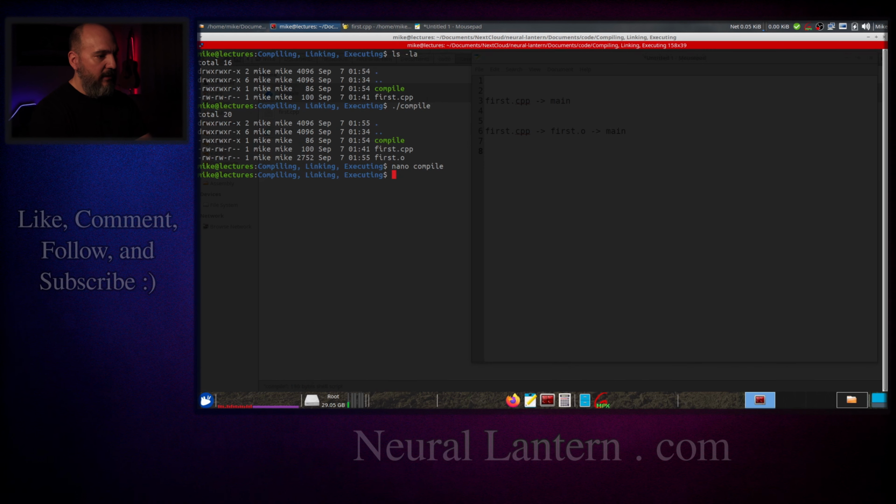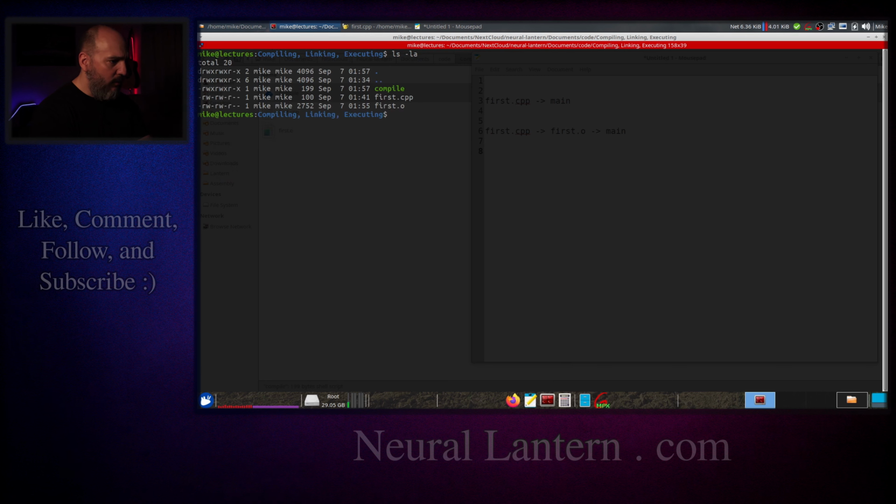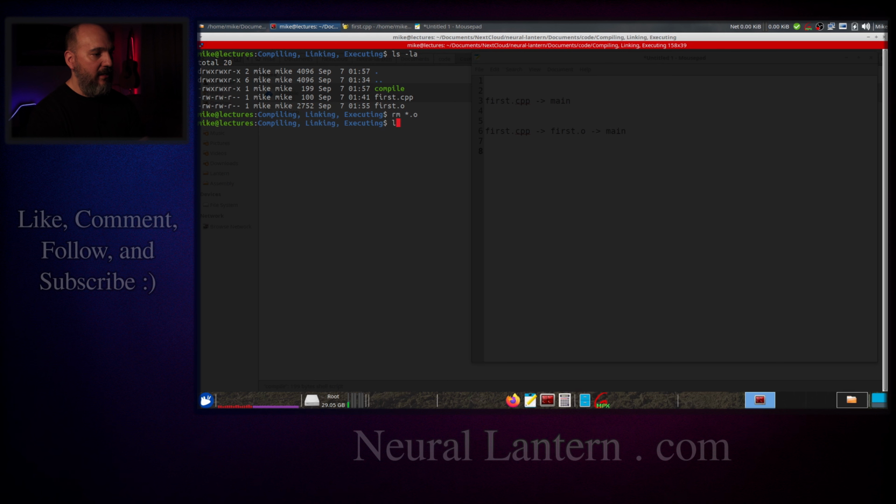Okay, so I'm going to clear and then list, and then I'm going to remove the object file. I'm going to put star.o, which is a shell trick to say that star.o is going to expand to every file that ends in .o. In this case, it's actually just going to end up being first.o. But it's a trick you can use to grab multiple object files or files of a certain type all in one command. So I'm going to do that, and then I'm going to list again, and then I'm going to